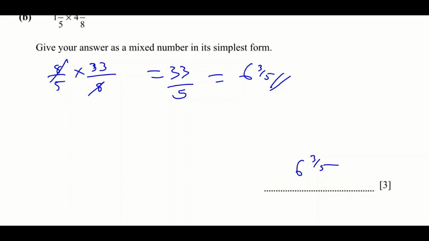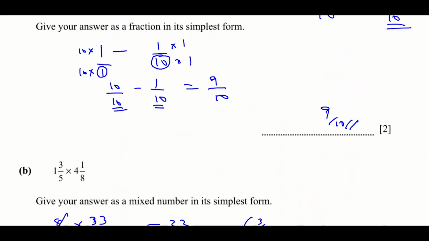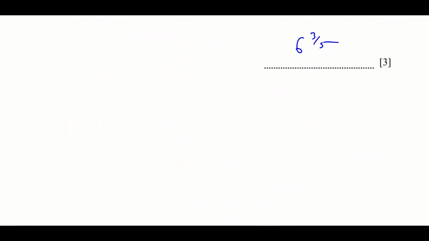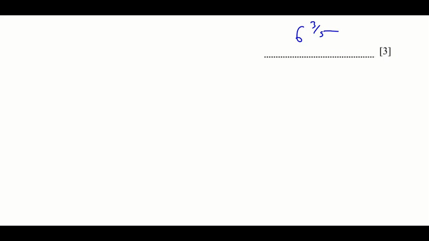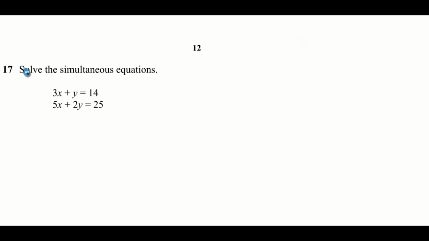So the next question will be, okay, let me see, this is question 16. So we have to go to question 17. Question 17. Solve the simultaneous equations. So here, we need to use the elimination method. Okay, so let's balance the coefficient of y. So the coefficient of y in this equation is 1. So I can multiply the whole of equation